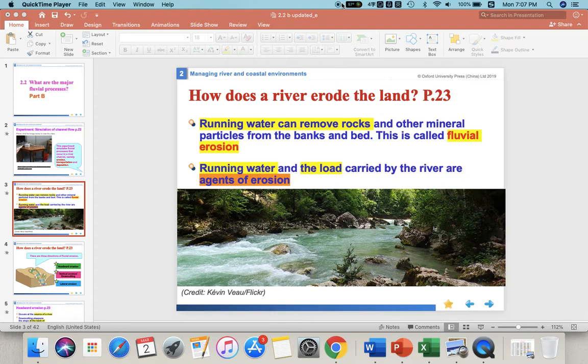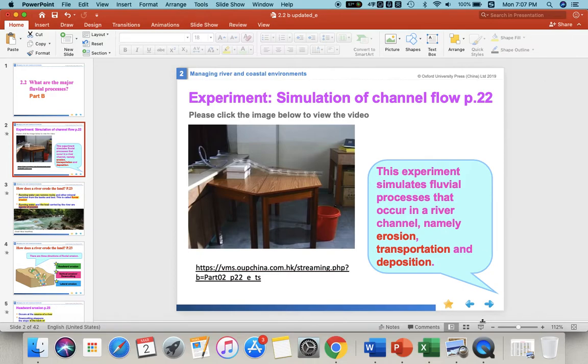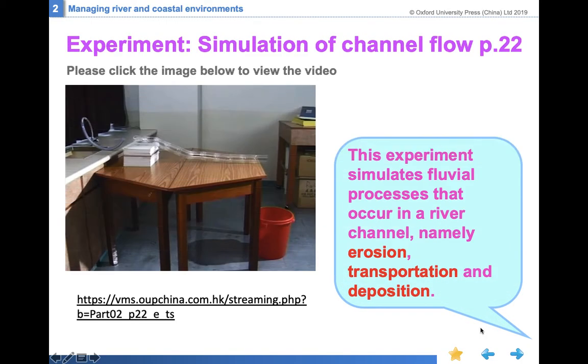Okay, so here comes the second part of the chapter about major fluvial processes, part B. First of all, you could watch this video on page 22 to know more about